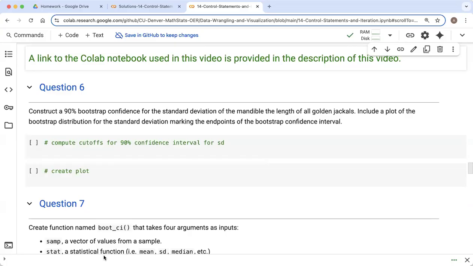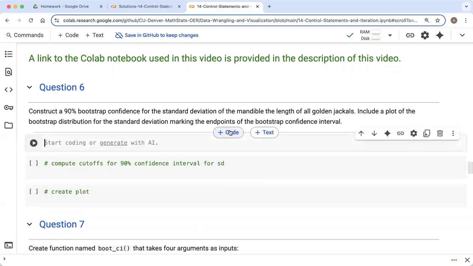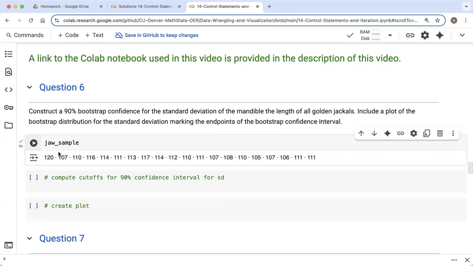So let's assume we have a sample of 20 different golden jackals that we select at random. And for each of these jackals, we recorded the length of their mandible, of their jaw. And we had that stored in a vector that we call jaw sample. So you want to make sure that you're all caught up and you've got all of our sample data stored